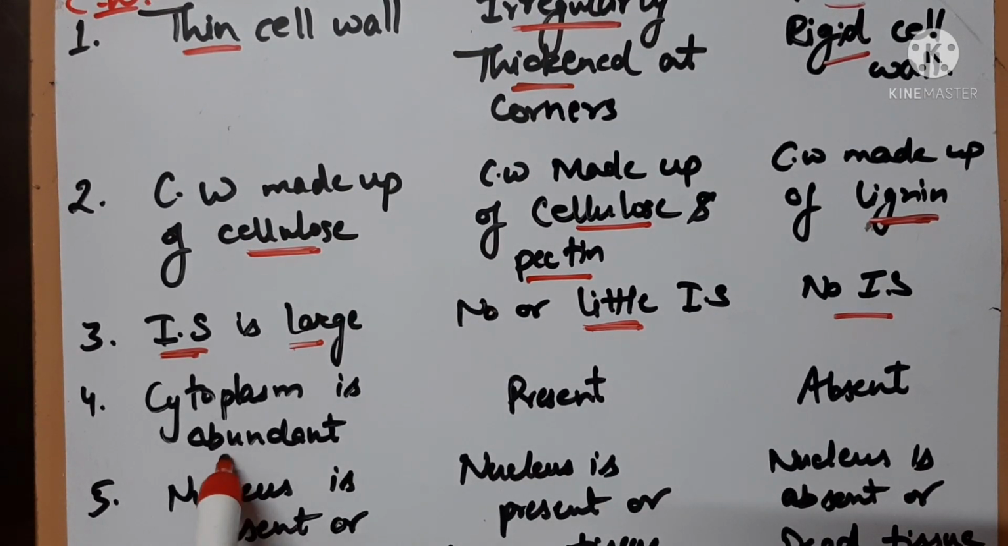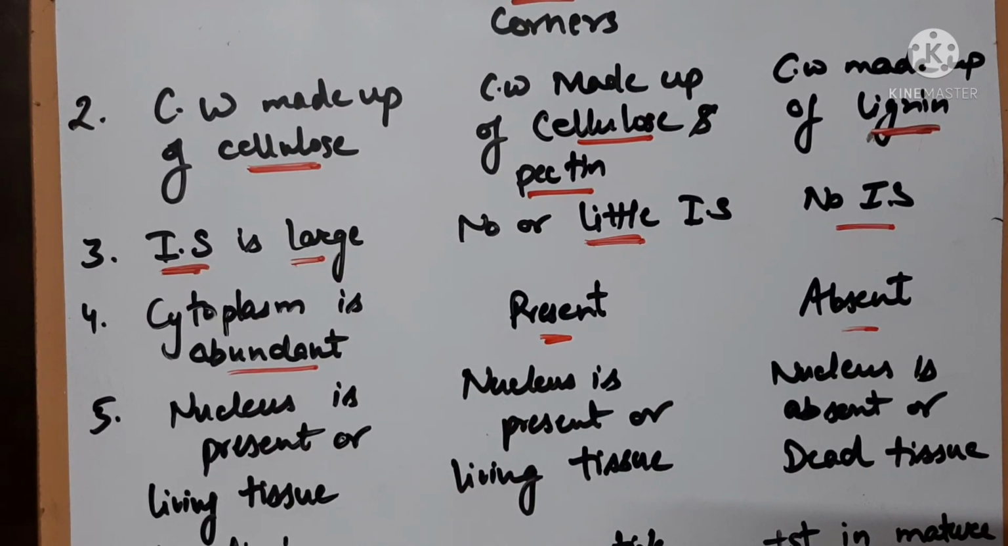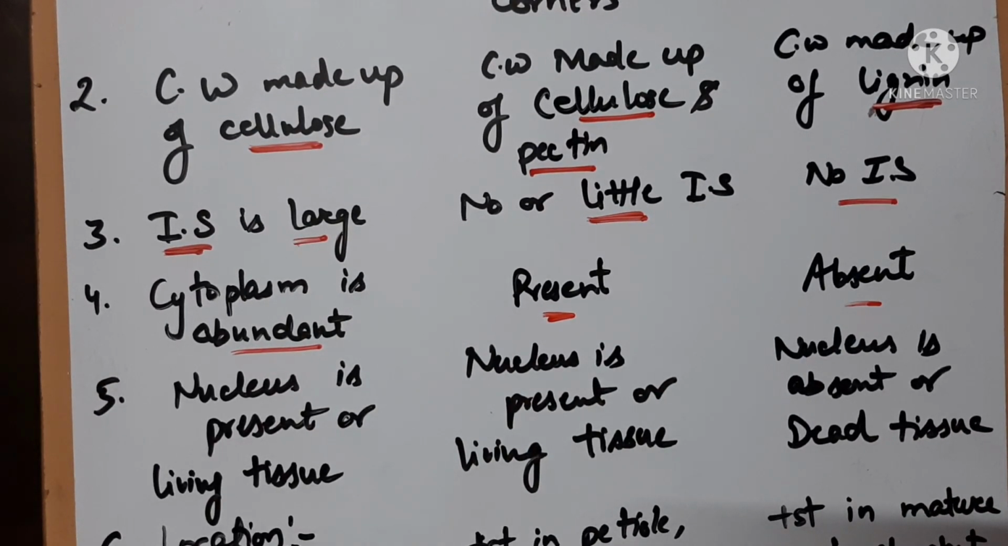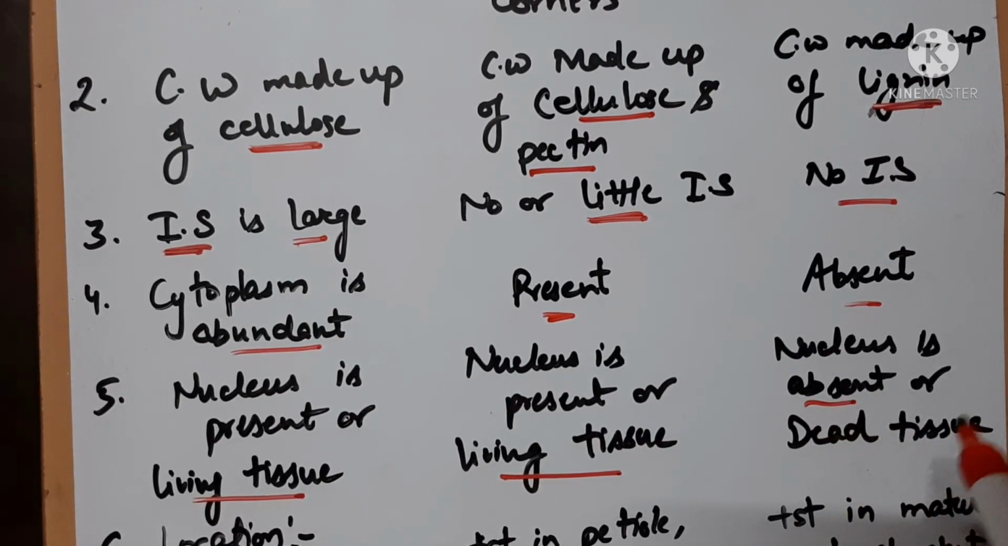Okay, and then we talk about cytoplasm. In parenchyma it is abundant, and in collenchyma the cytoplasm is present but not as much as in parenchyma, and in sclerenchyma the cytoplasm is absent, right? And then we talk about nucleus. The nucleus is present in parenchyma, so you can also call it living tissue. Parenchyma are the living tissue, and nucleus is also present in collenchyma, so collenchyma is also living tissue, but nucleus is absent in sclerenchyma,